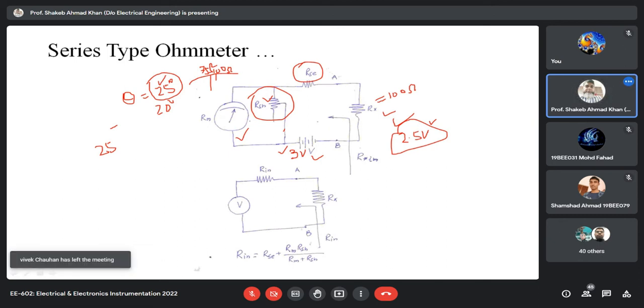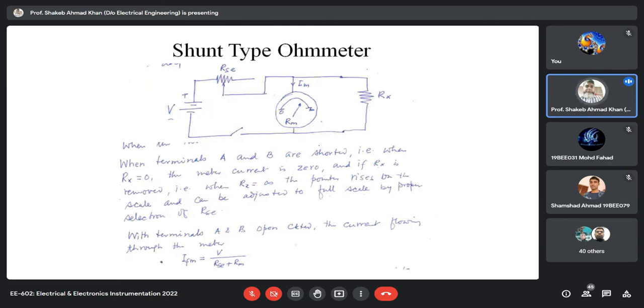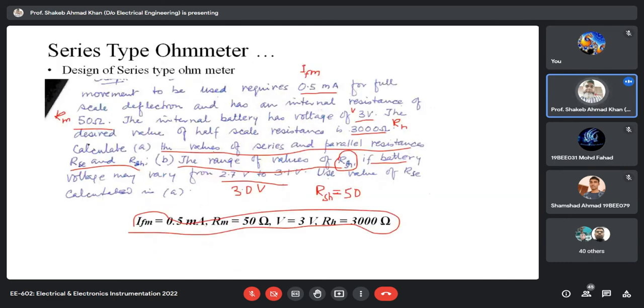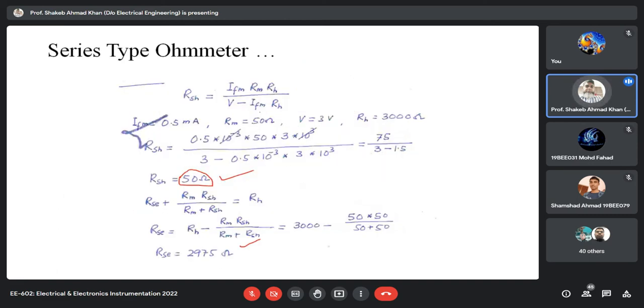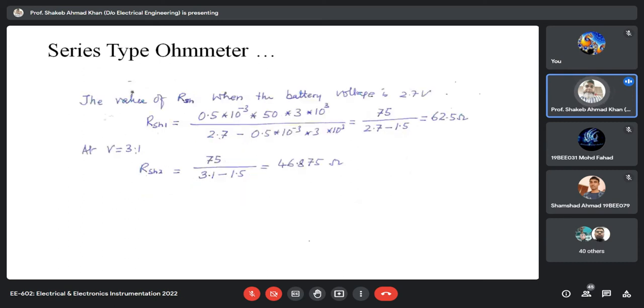जब वोल्टेज कम होगा तो हमें RSH की वैल्यू बढ़ानी पड़ेगी टू सो दैट आवर मीटर कैन हैव सेम डिफ्लेक्शन, ठीक है। और इसी तरह से अगर एक्साइटेशन ज्यादा हो गया, सपोज करिए कि 3.1 वोल्ट हो गया जैसे प्रॉब्लम में दी हुई, तो जाहिर सी बात है कि अब फॉर सेम रेजिस्टेंस योर डिफ्लेक्शन विल बी मे बी 26 डिग्री और 27 डिग्री, ज्यादा करंट फ्लो करने लगेगा इसके। तो हमें ये शंट रेजिस्टेंस घटाना पड़ेगा। तो ये हमने सिर्फ इसलिए समझाने की कोशिश की है कि आप बिफोर कैलकुलेशन यू शुड फाइंड आउट कि अगर ये 2.7 वोल्ट हो गया तो हमें 50 से कम करना पड़ेगा, और अगर 3.1 हो गया तो हमें 50 से ज्यादा करना पड़ेगा। अगर कैलकुलेशन करके कोई चीज उल्टी आ रही है तो यू कैन फाइंड। तो ये कॉमन सेंस है, तो बाकी फॉर्मूला लगेगा।